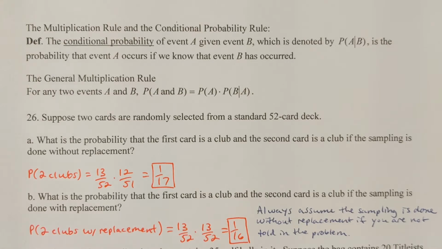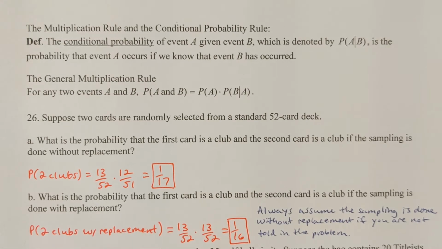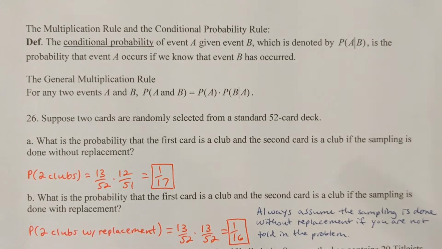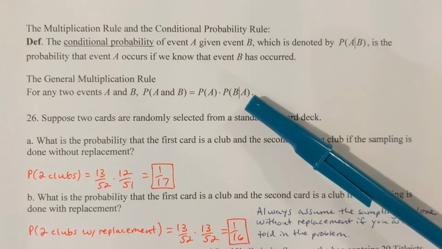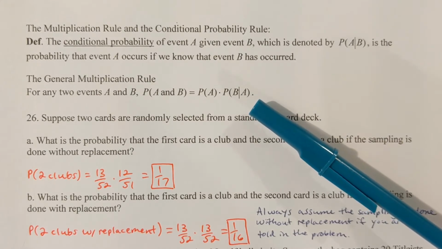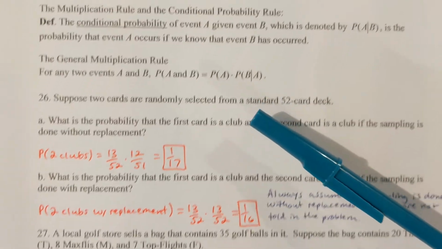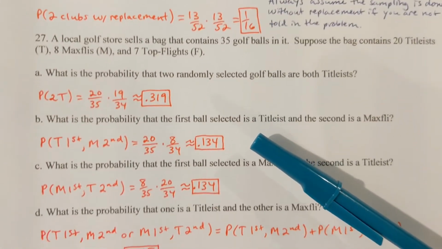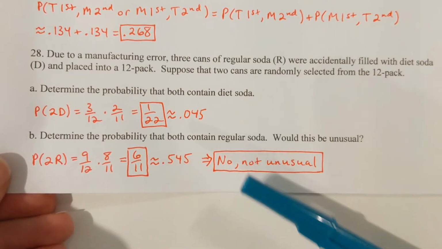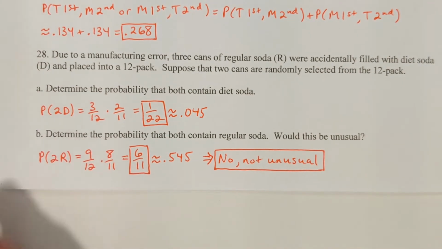Where we had left off was talking about the multiplication rule in Chapter 5. And so here is the general multiplication rule. You want to be using the general multiplication rule whenever you're selecting multiple items from something. We had done problem 27 in class, and so let's take a look at problem 28, which is another example